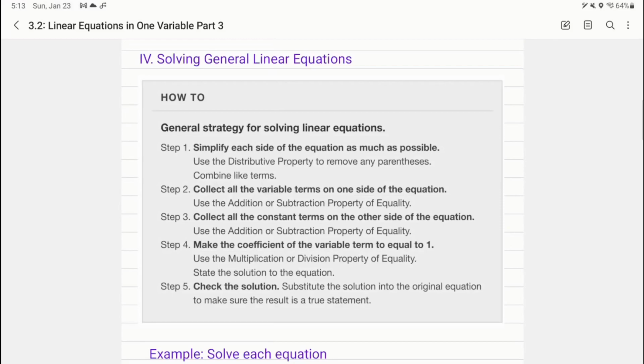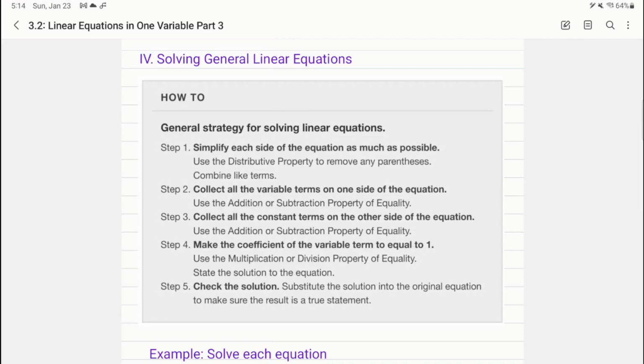Hello, this is part 3 of 3.2 linear equations in one variable. Today we're going to be solving general linear equations, so that means more complicated equations with parentheses, combining like terms, and having variables and constants on both sides. I stole this little chart from the OpenStax Elementary Algebra 2nd edition textbook, and it gives you a general strategy for